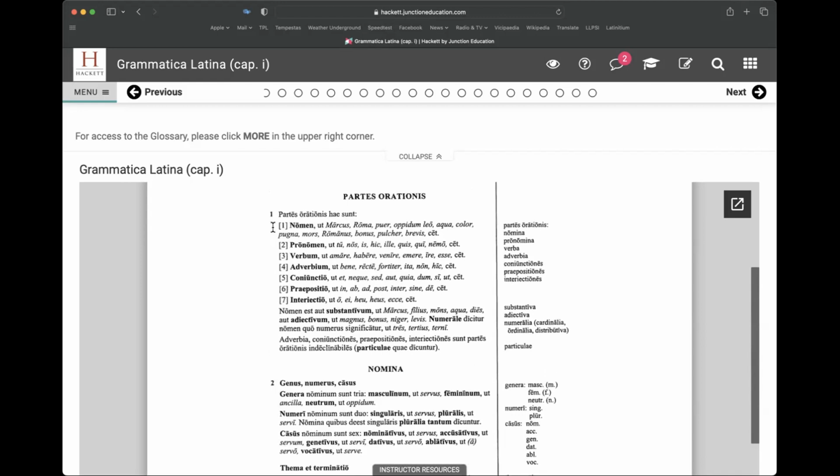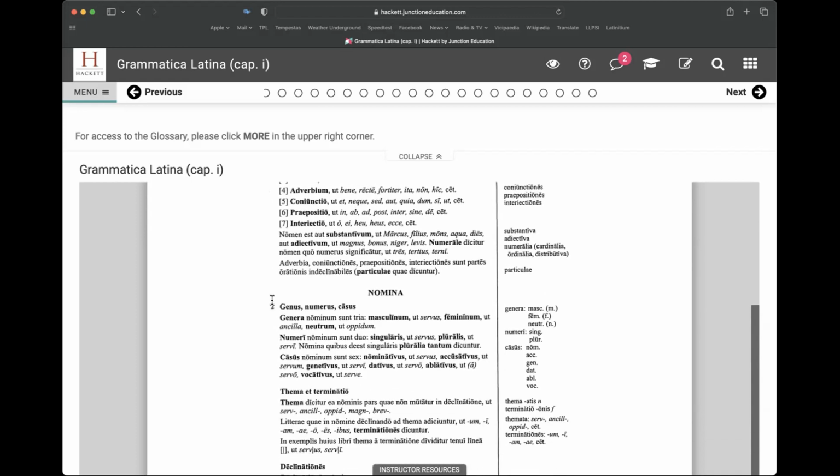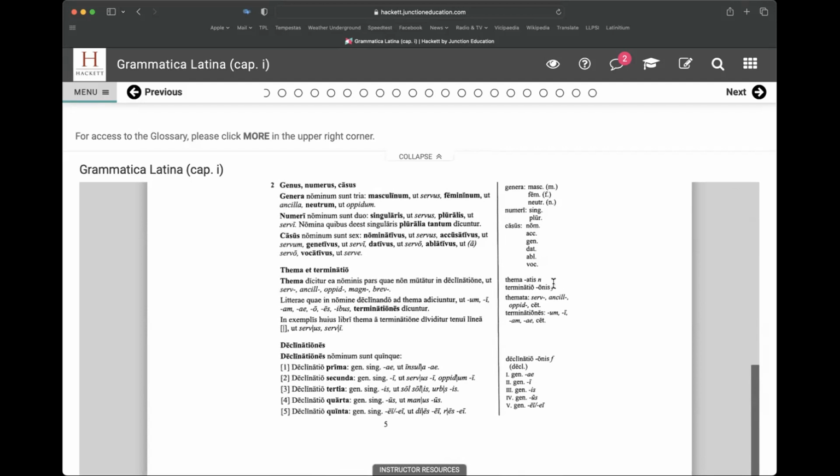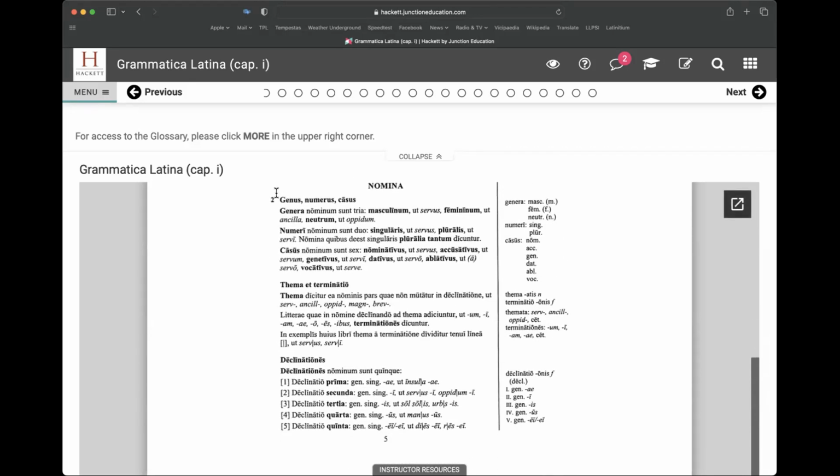There's a lot in here. Okay, this is where they're talking about, what are we talking about in this section? Nouns, pronouns, verbs, adverbs, conjunctions, prepositions, interjections, kind, number, and case. And then there's nominative, accusative, genitive, dative, ablative, and vocative, and neuter and plural, and feminine, and all this other stuff. So there's a lot of stuff in here. Okay. Wow, okay. This page here,